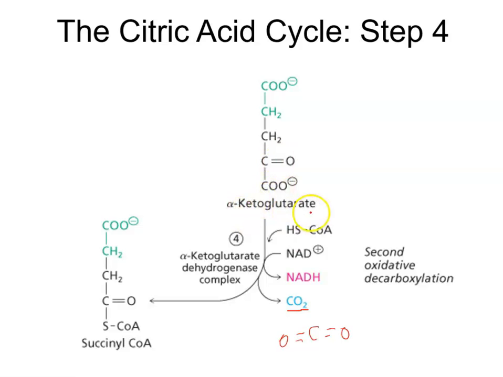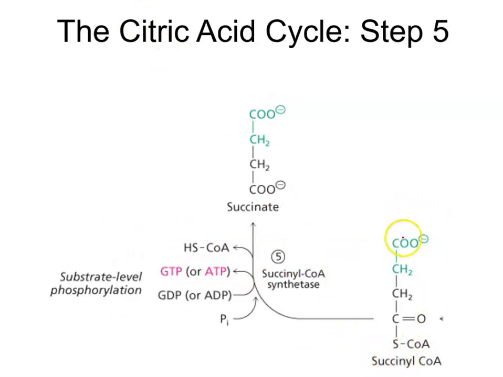So this goes from alpha ketoglutarate to succinyl-CoA. You'll notice that there is a coenzyme on this as well. This is part of that grouping. So not only does this lose the carboxylic acid, but it gets attached to a coenzyme in this complex. The succinyl-CoA, now we have a transferase or a